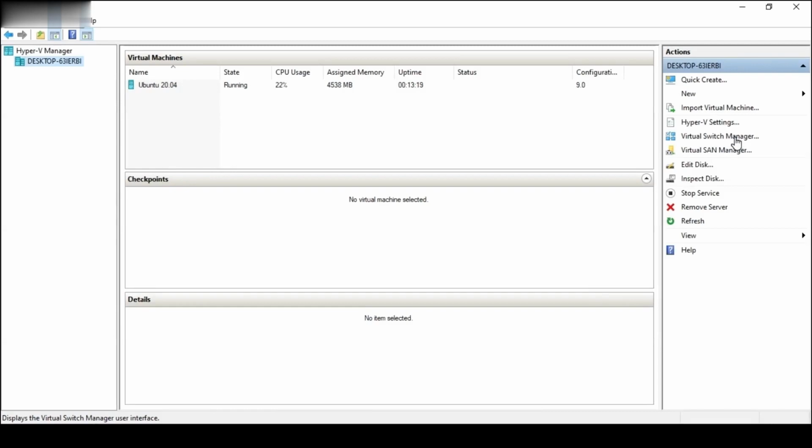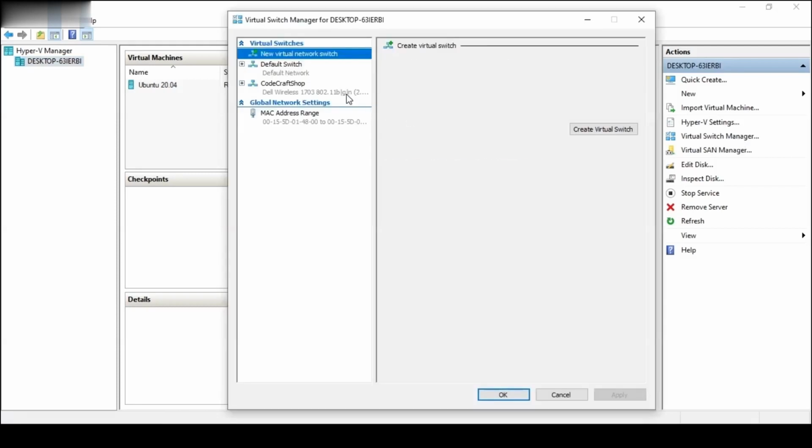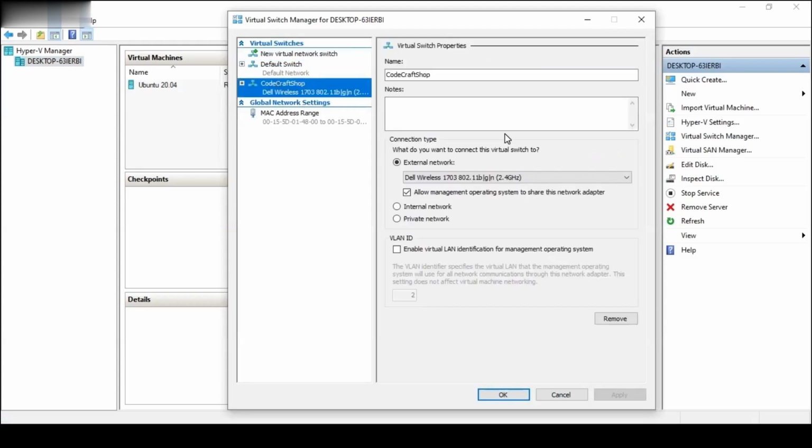We will go to the virtual switch manager and check which network adapter has been configured, which virtual switch we have selected for this virtual machine. So I have already created an external virtual switch, Codecraft Shop.